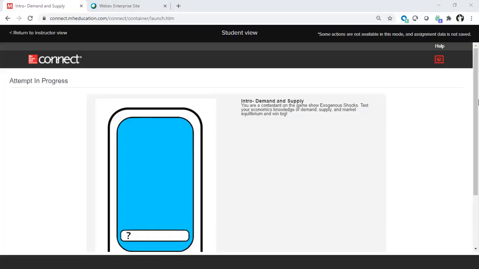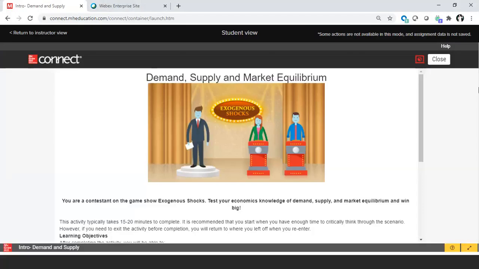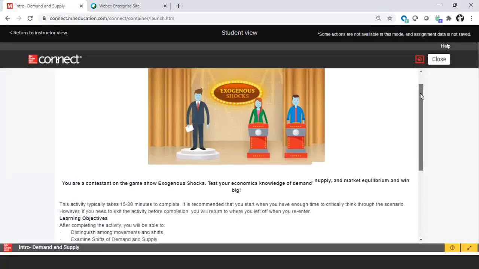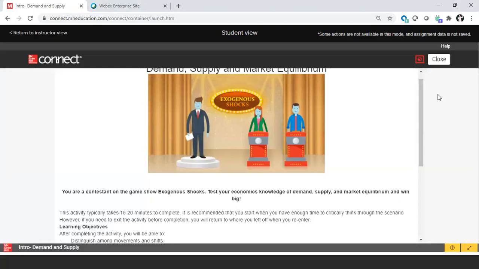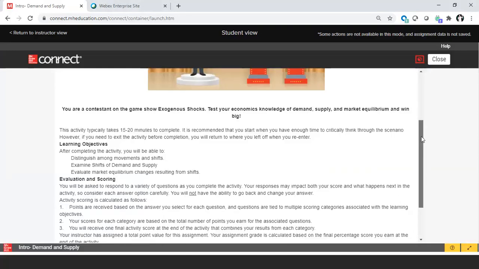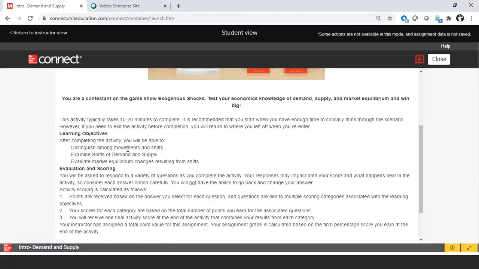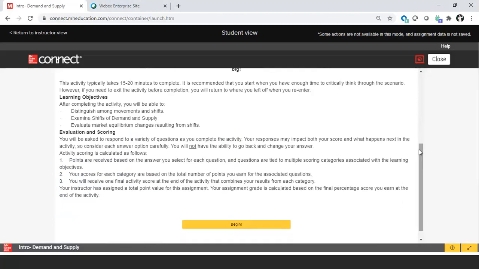Before we start the application-based activity, it's going to give the student an overview of what their learning objectives are and the scenario they're going to be in. The scenario for the demand and supply activity is a game show style scenario. Before the student begins, they can click on the learning objectives, which tell them how they score points. In this case, they're going to be answering questions to see if they understand supply and demand. So when I click begin here,